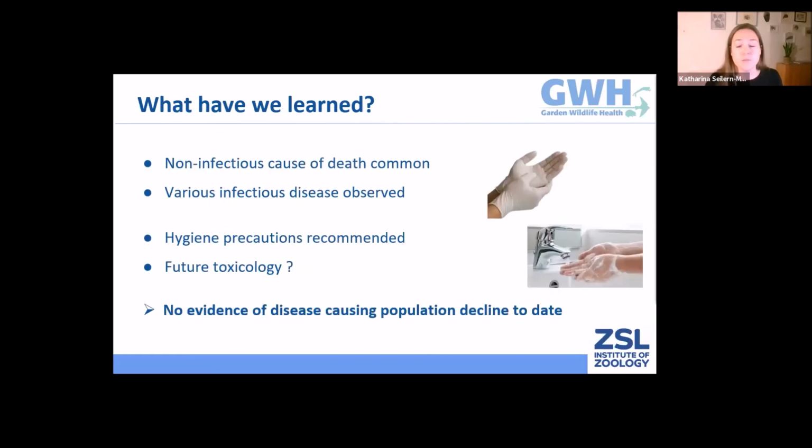So what have we learned about hedgehogs so far? We have learned that non-infectious causes of death are very common within hedgehogs, but also that they carry a variety of different infectious disease conditions. And we have to be aware that some of these might have a zoonotic potential, meaning that